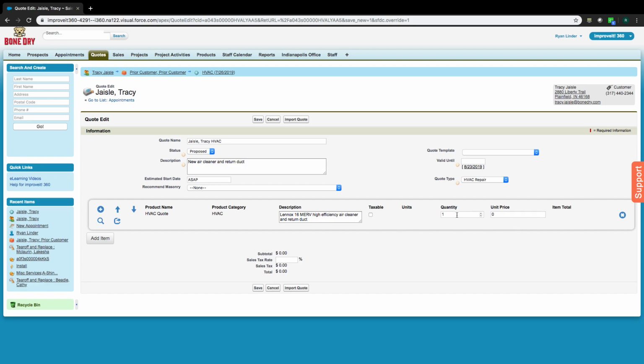So I'm going to leave this quantity as 1, because it's going to add to the price. If I put in here, the total on this one was $285. So now my total here says $285. If you have multiple options on a quote,